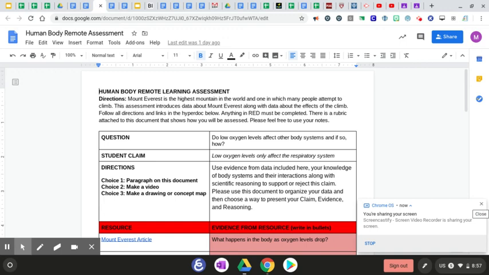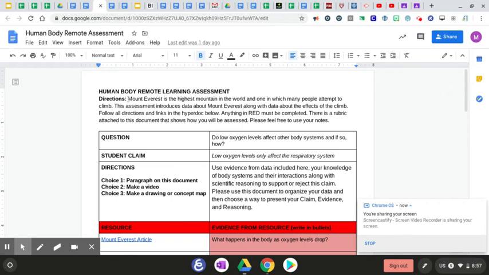Good morning. I only posted one assignment for this week. I want to wrap up human body because we've been doing it for so long. And I decided to just give you an assessment for this week. So the directions,